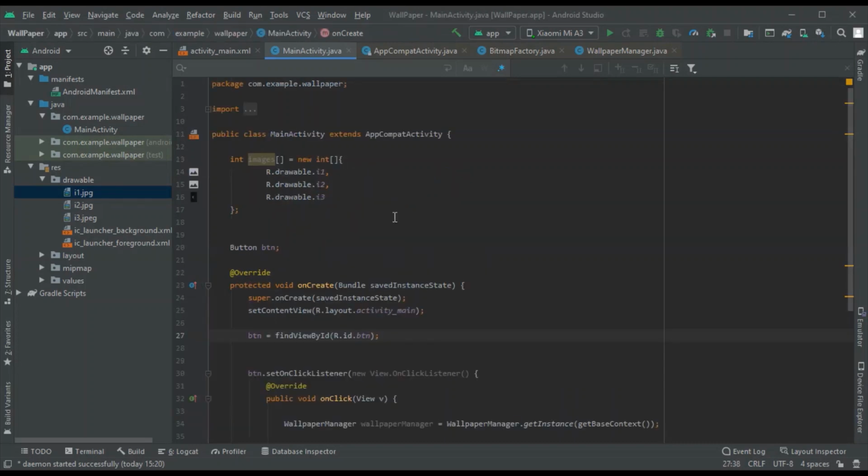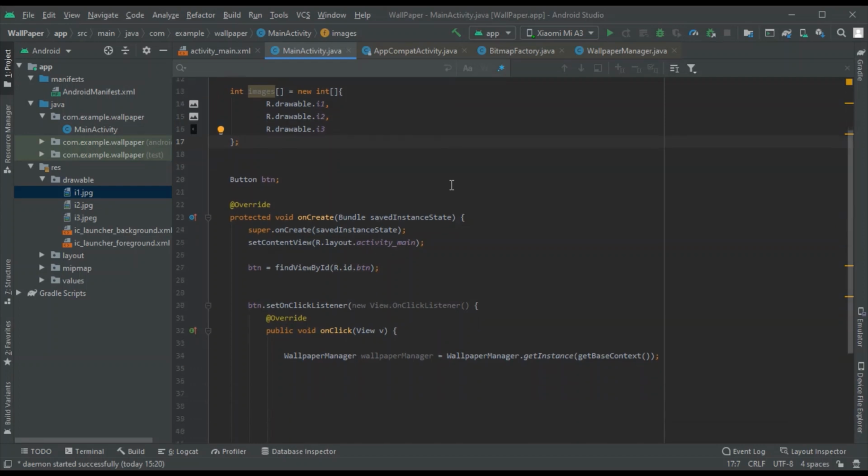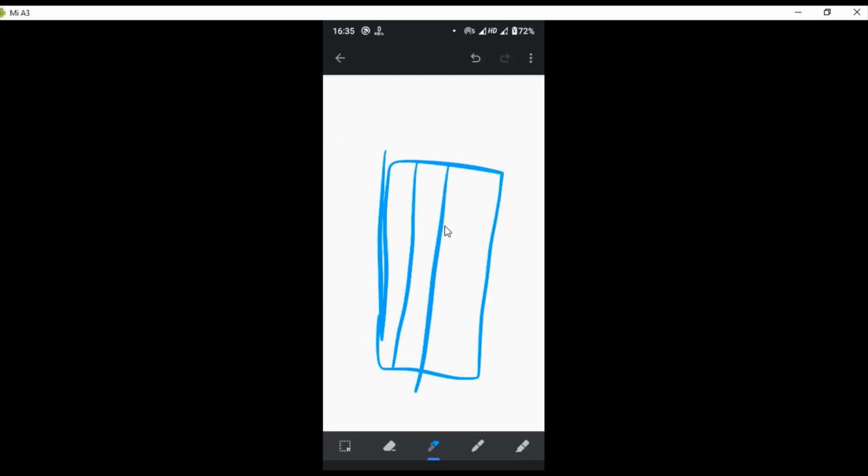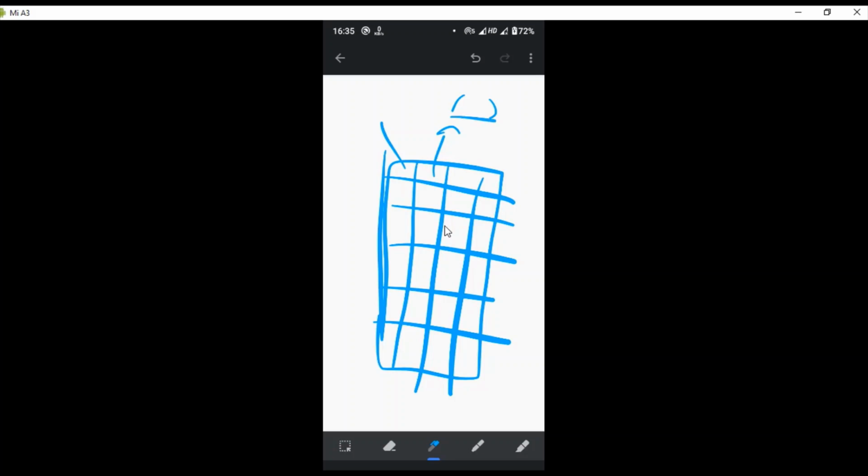Okay, so now I have these images and I want to display them on the screen, but these are in JPEG format, so I cannot directly display them. First I need to convert them into something called bitmaps. Bitmaps are nothing but, imagine a large grid which has smaller squares. Each of the squares represents a particular value, and these values correspond to a particular color. When you put together all these squares, you get an entire image. So you need to convert it into some format like that.